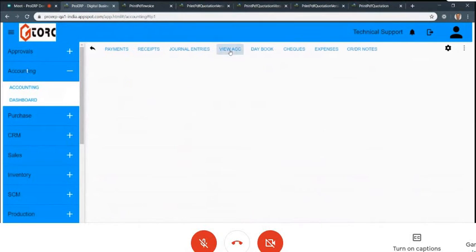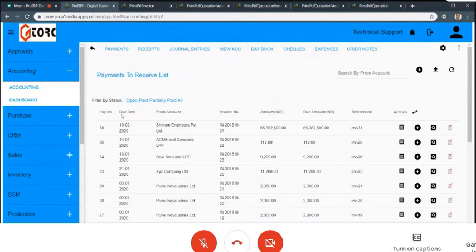So the moment the invoice is finalized, if I go into the receivable in accounts, in the receivable list, you have an entry that on 10th of Feb from Shriram Engineering, we have to receive this amount against this invoice number. And you can see his ledger as well.